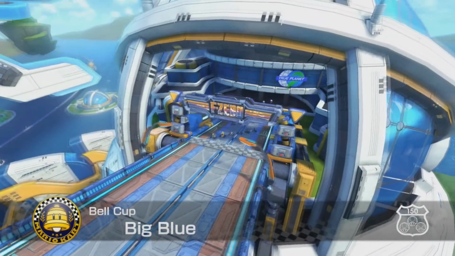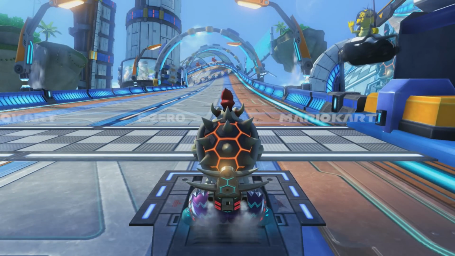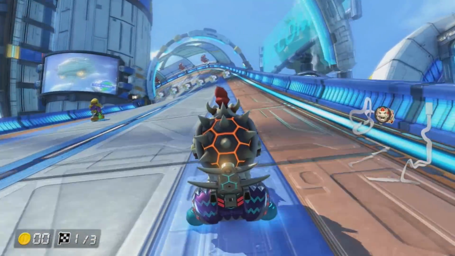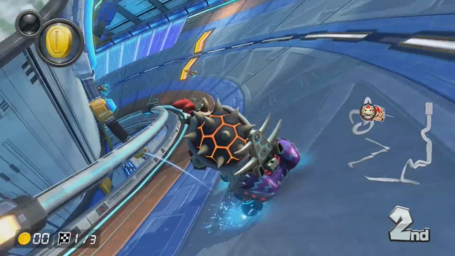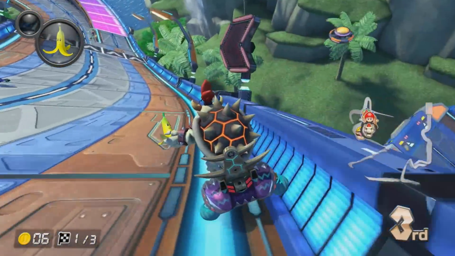Okay, so next up we have the other F-Zero track. We have Big Blue. Now, Big Blue is actually a section track, so you won't be doing laps of this, you're just going to be doing one long stretch to the very end. Which I guess is understandable, because it is a pretty long track, and doing laps would make this take forever, but...